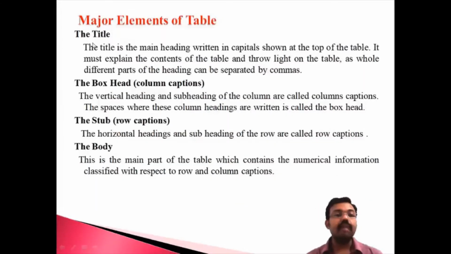Okay, the first important element is the title. The title is the most important, the precious element in the table, because we can easily identify the nature of the table with the help of the title. So a proper title is essential for a good table. The heading written in the caption is always shown on the top of the table. This is known as the title. It is lighter on the table, in bold, and the heading is separated by the columns.